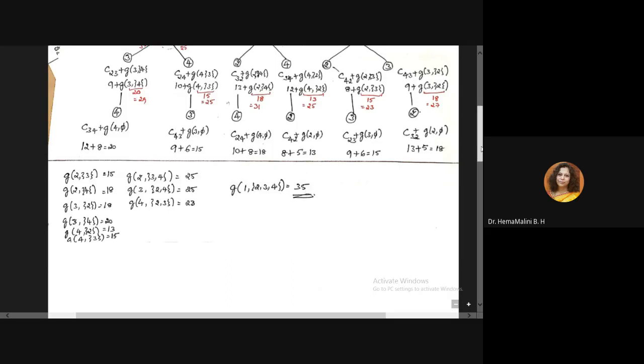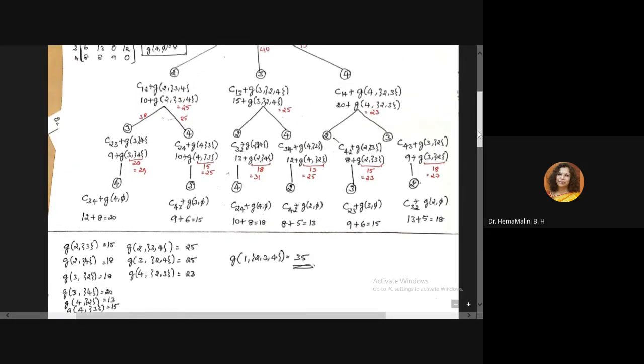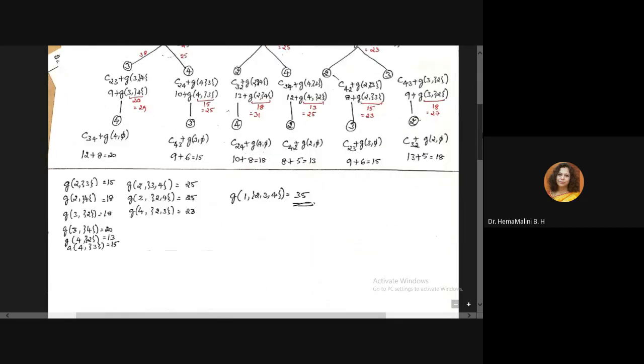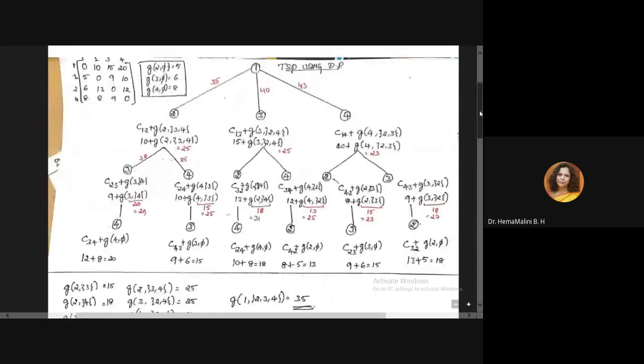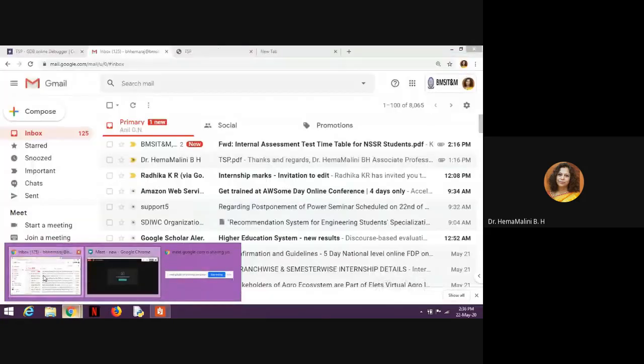So this is how we execute the traveling salesperson problem, and this is how we do the tracing of TSP using dynamic programming. We are going to get the solution in stages. From each stage, we go to the last stage. From the last stage, whatever values we get, we carry one level backwards, then backwards, because it is a recursive function. Finally, we get the value of the root node, which is the solution of this TSP. Now we will have to see how to execute this program.